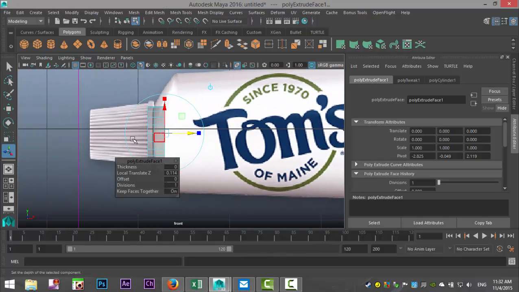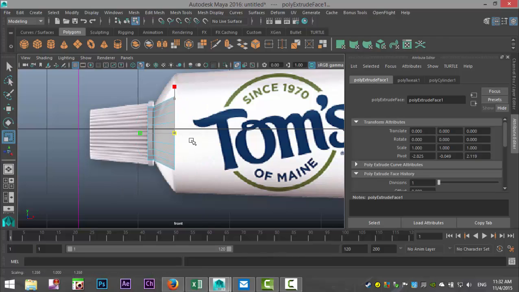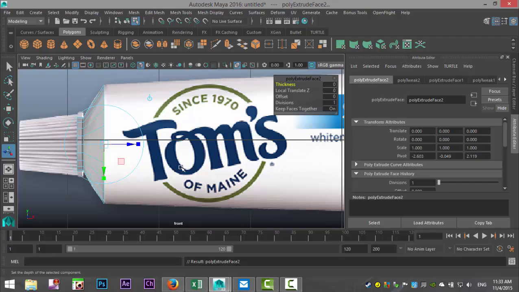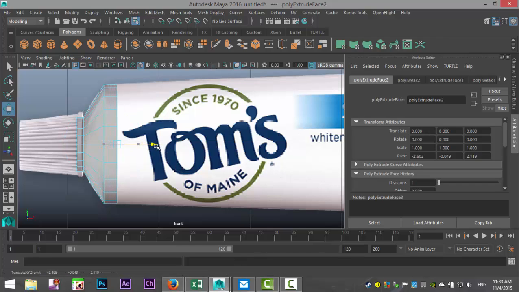And from this view, we are going to bring it back to about here and then hit R and scale it up until we meet that end there. And then we're going to hit G to repeat last command, W to pull out. Okay. And we're going to kind of follow the top and bottom line there.